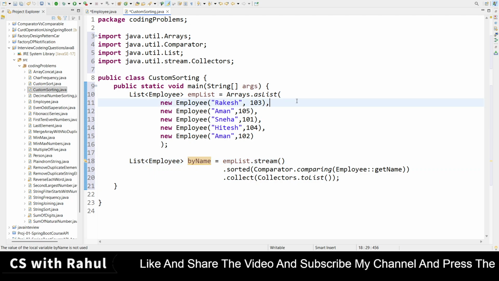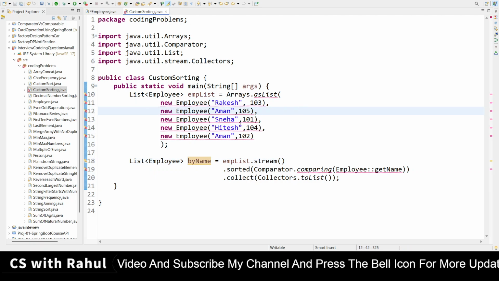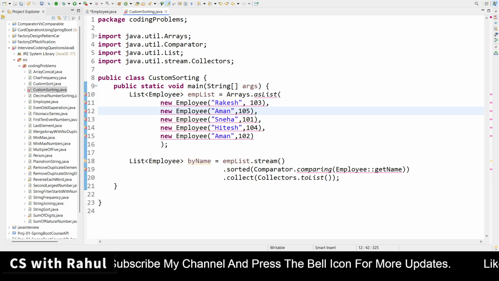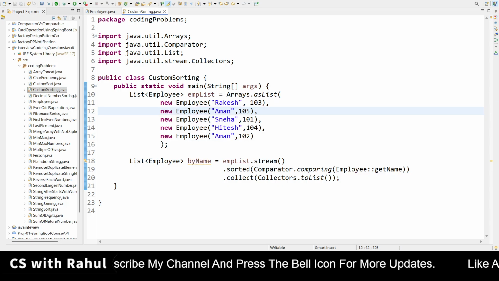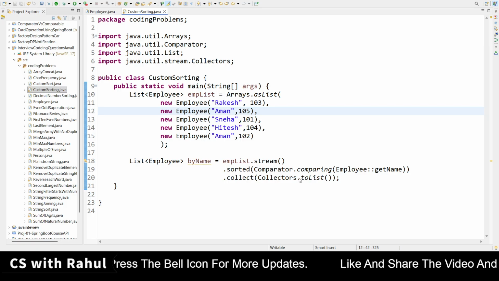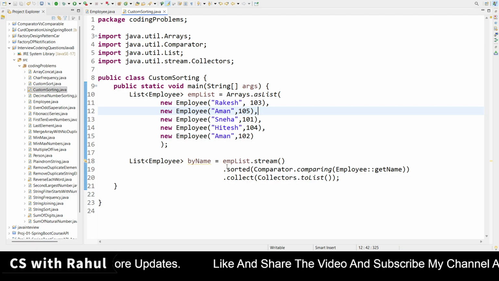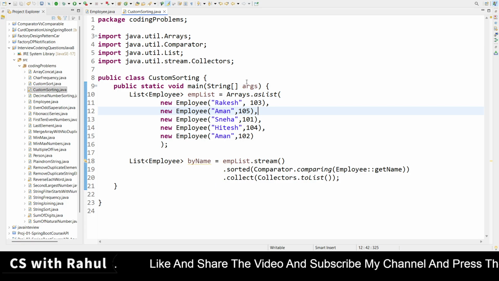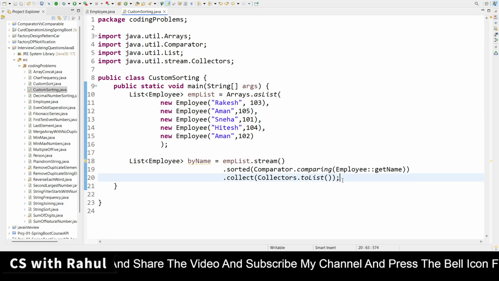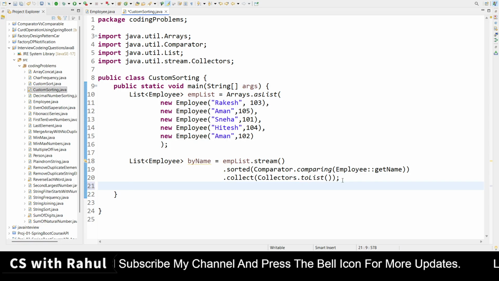So I am saving the code, right click, and after the right click, I will run it, run as Java program. See, once I am executing the code, the output will be shown, and the output we need to print by the forEach loop.